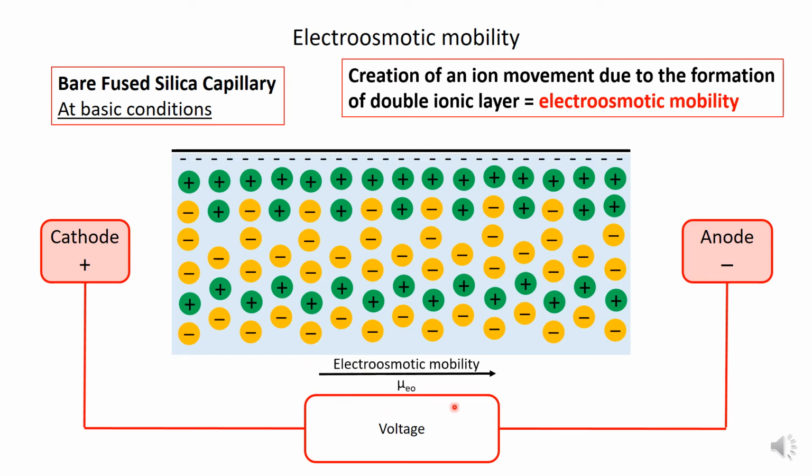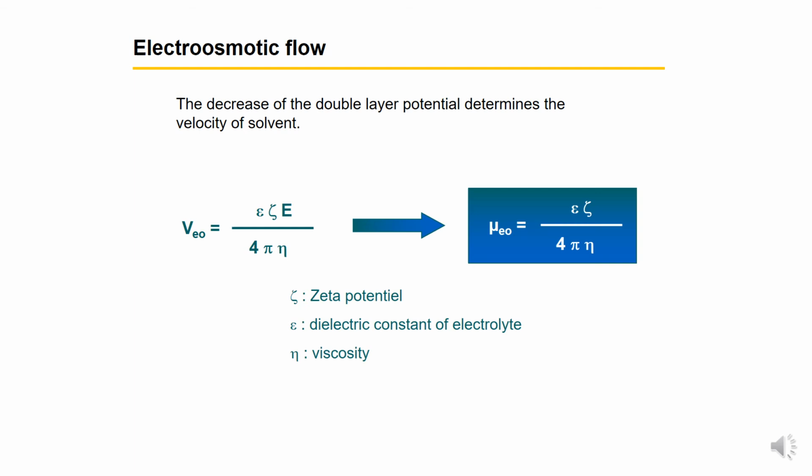You see, it is represented by this mu EO arrow. So you have the electroosmotic flow, and all the compounds follow this electroosmotic flow. So to understand, to calculate the electroosmotic flow, we have a better manner than this, but just to understand what the electroosmotic flow is and what it depends on,